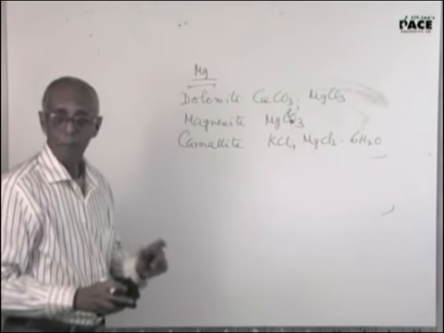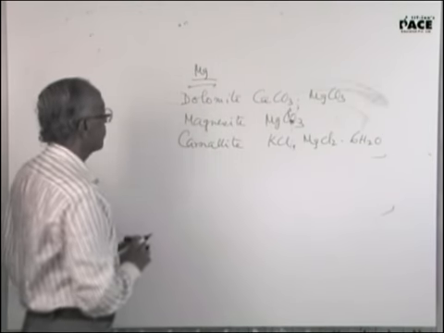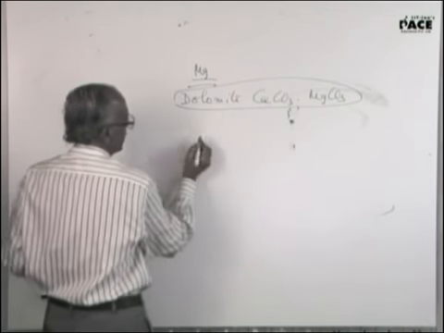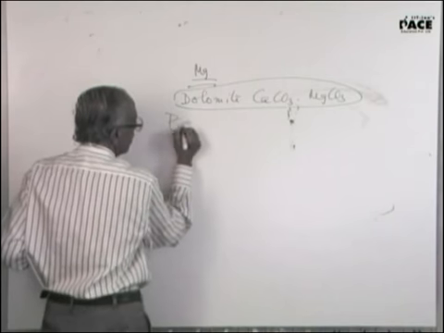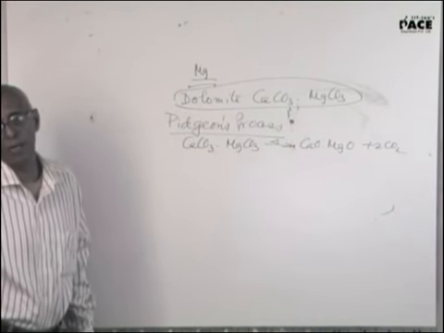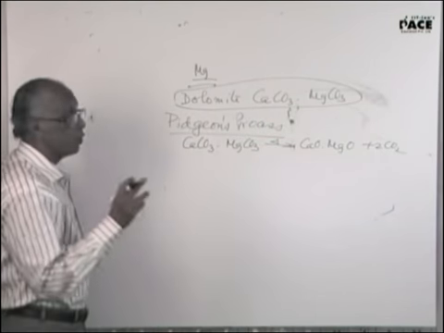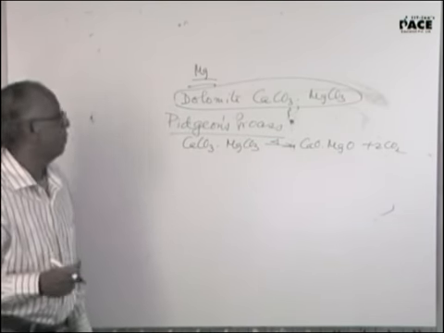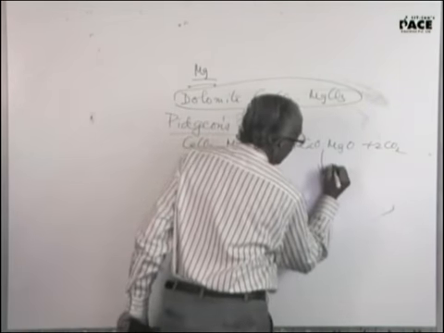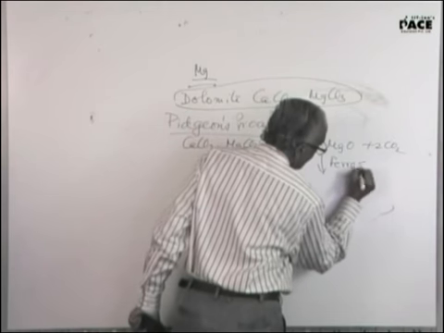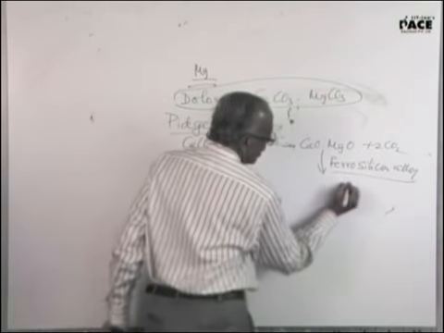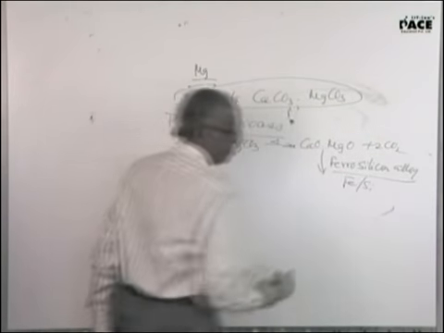So, one of the methods of preparing magnesium is from dolomite. And this method from dolomite is known as Pidgeon's process. When you heat calcium carbonate and magnesium carbonate, and then reduce with ferrosilicon alloy, that is iron-silicon,